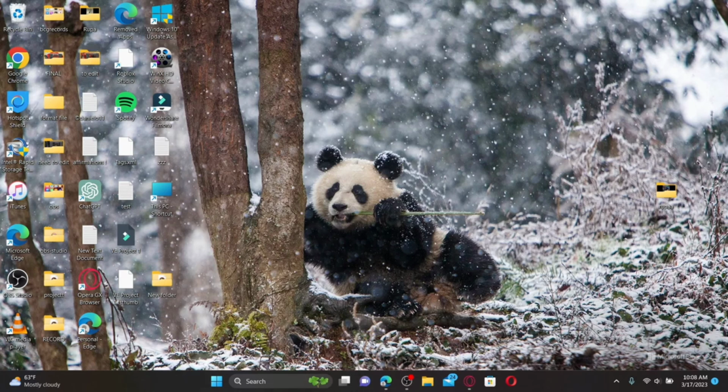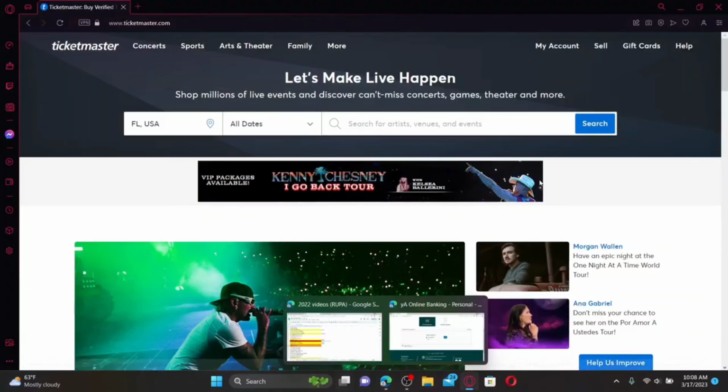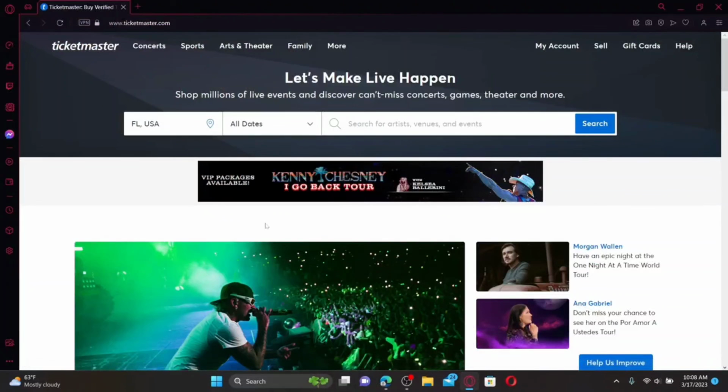How to log out of Ticketmaster account. Open up a web browser to get started and also make sure that you are logged into your Ticketmaster account and you are in the main homepage. From the main homepage of Ticketmaster, if you'd like to log out or sign out of the account, you can